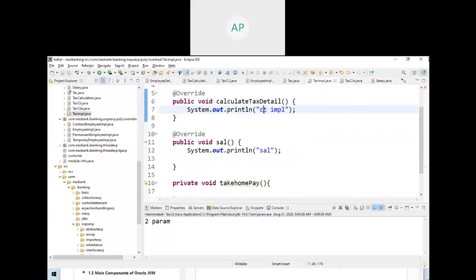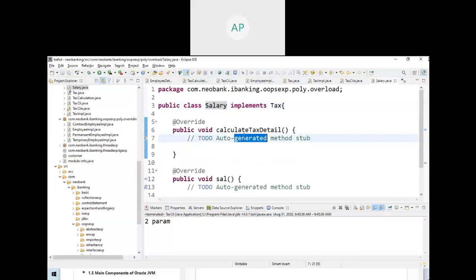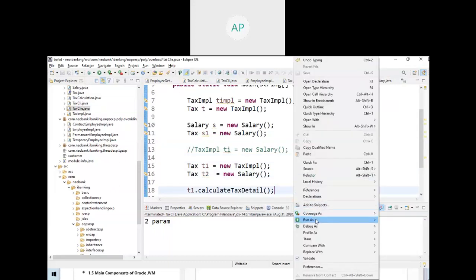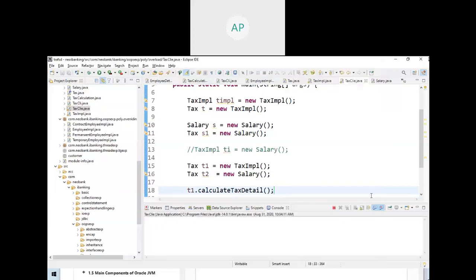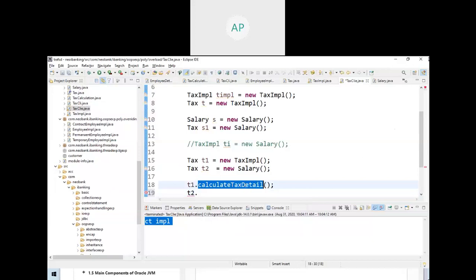This one, calculateTax, Salary. See, Control S. When I run, what will be the output? See, from the IMPL class I am getting the value. C1 is now pointing to, let me make T2.